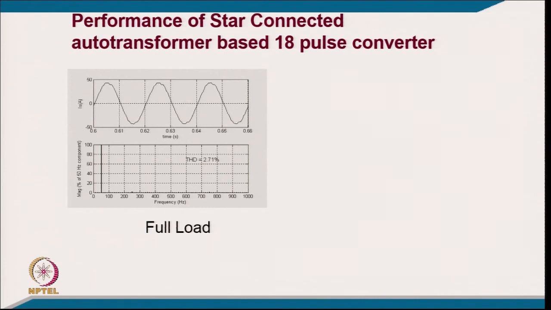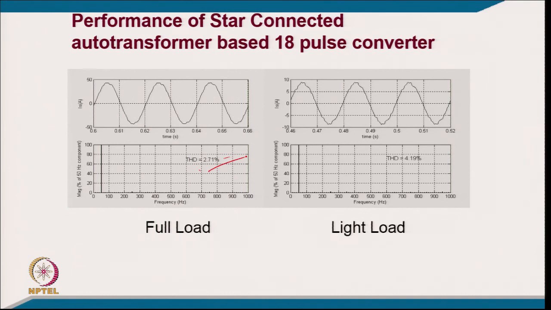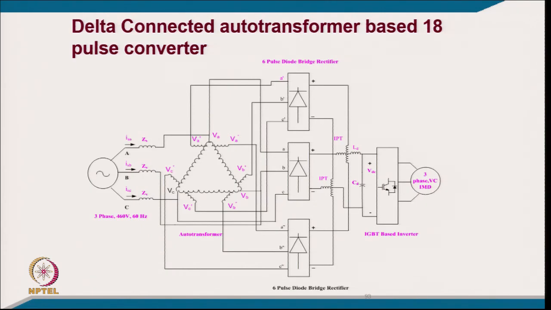And then the performance of this: the TAD at full load for this 18 pulse comes only 2.72%, at light load it comes only 4. So, it qualifies IEEE 519, and that is the effect of how the leakage reactance affects your TAD here. And here, of course, the magnetic rating for this is only 41% because it is auto connected, and this is the extended delta connection for 18 pulse,